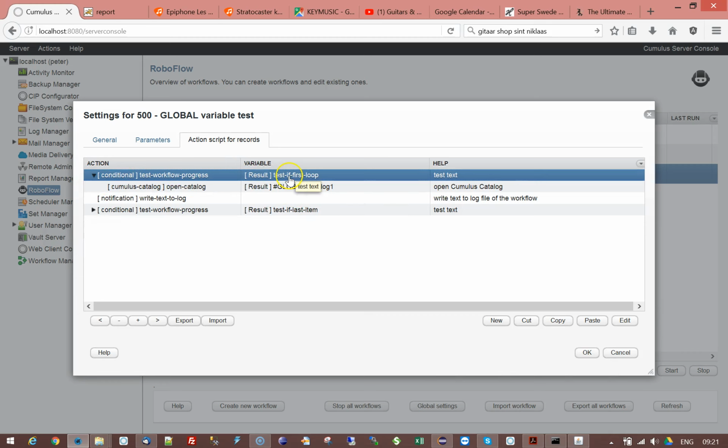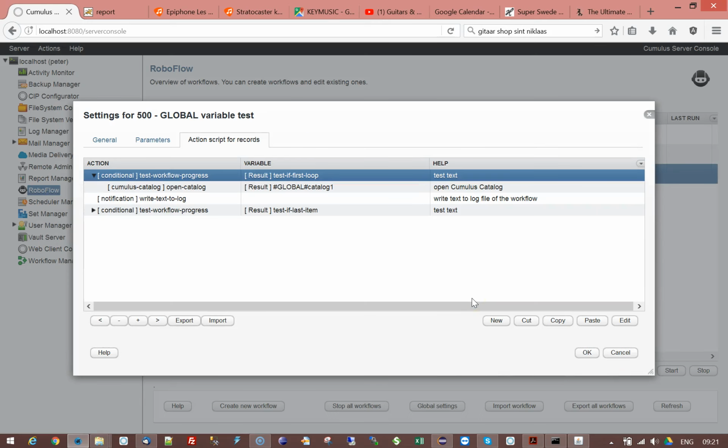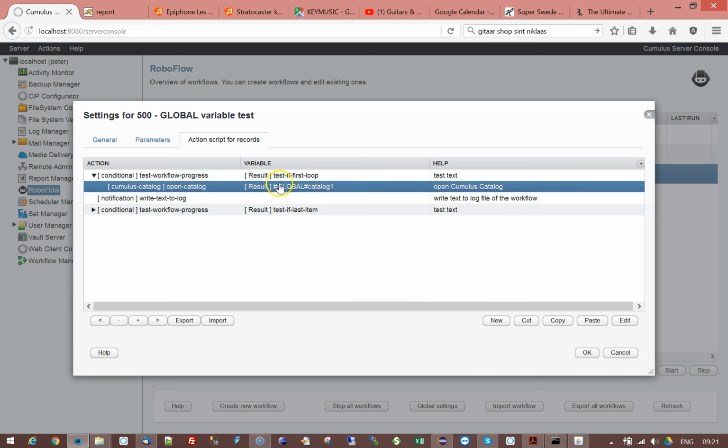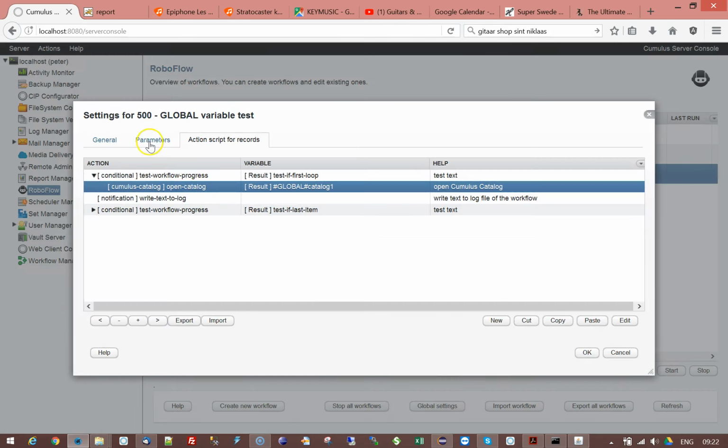The if first loop is actually if first item loop. So each time the workflow loops, it has a process, and the result are items to process, in this case records. So 400 records will execute this script 400 times. But what you're saying here is I'm opening this catalog, and as I mentioned before, this variable isn't catalog but Cumulus catalog, as we saw in the first page here. And so Cumulus catalog, and then